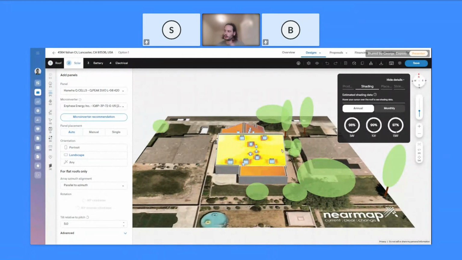The next is what we call TOF, or the tilt and orientation factor, which essentially describes, again, as a percentage, how far away from optimal conditions is each roof facet, considering the direction in which it faces. So this one we're seeing here, this yellow facet is facing more or less due south. It's pretty much perfect. And we also look at the tilt, which is essentially the pitch of the roof. And the optimal tilt is equal to the latitude of the location. So obviously you're not going to change the roof pitch, but it tells you if you're more or less working